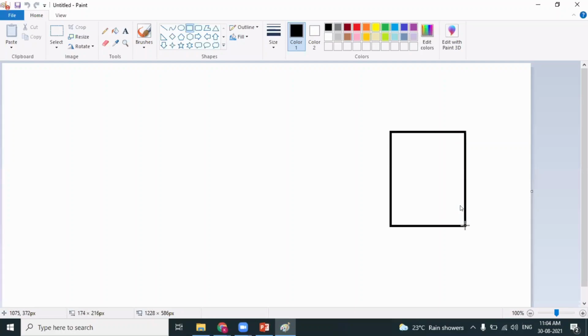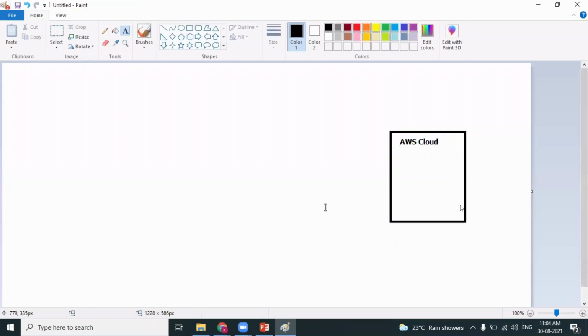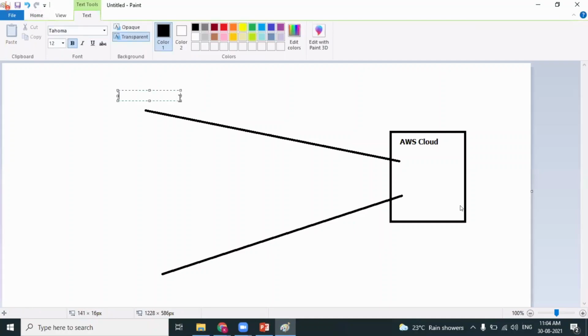This is the AWS cloud. In two ways you can work with the AWS cloud. One is by using the console access. The other way of connecting to AWS account and working with services is by using the command line interface. This is called console access. The other way of connecting to AWS account is by using the command line interface.